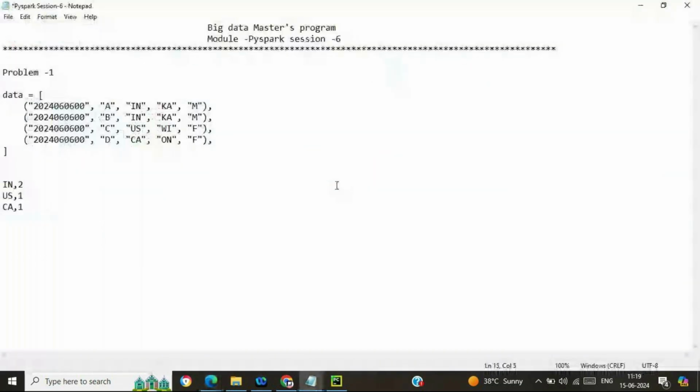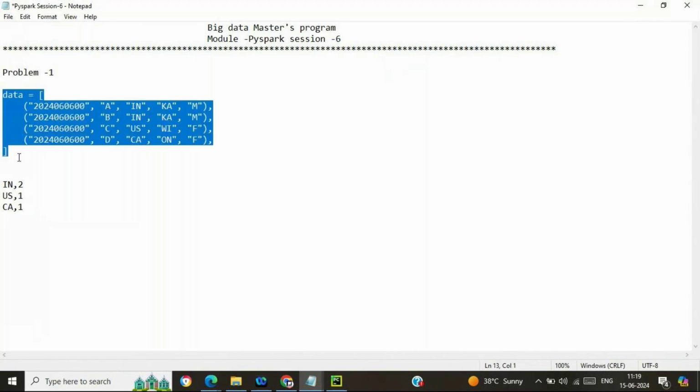So Gaurav, what will be the approach? First, I need to split based upon indexing. I think in it, which indexing the country is there. Okay, so split.